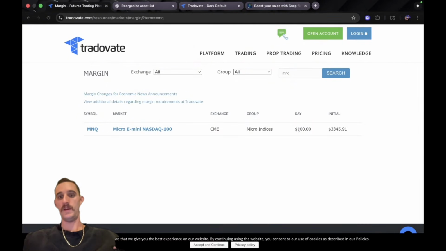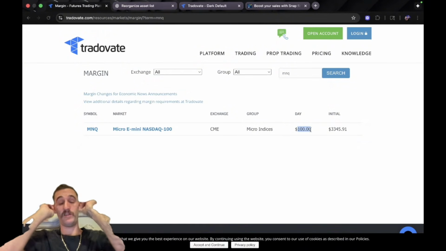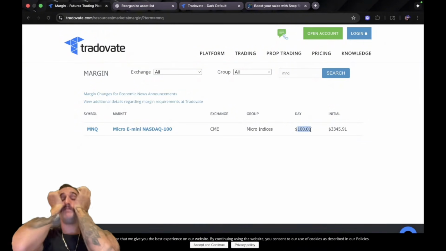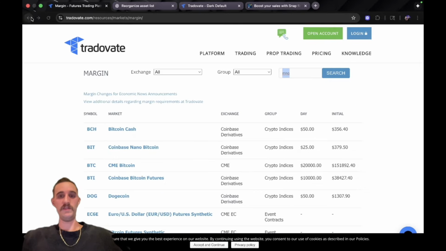Boom, right here. And as you can see, you need $100 of margin to actually place a position. And yes, I do have it, but between the cost and etc., that's why it rejected my position altogether. It would have just straight liquidated me if it would have gone through. But here's what I've done: I took this previous list that was all here, and we went to ChatGPT